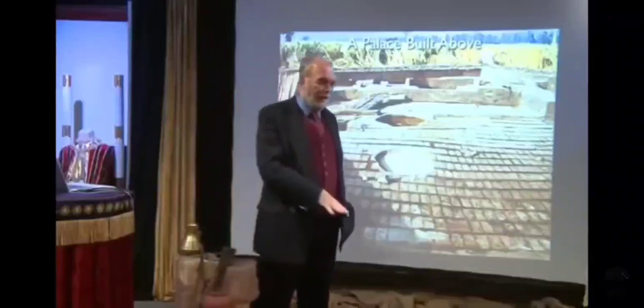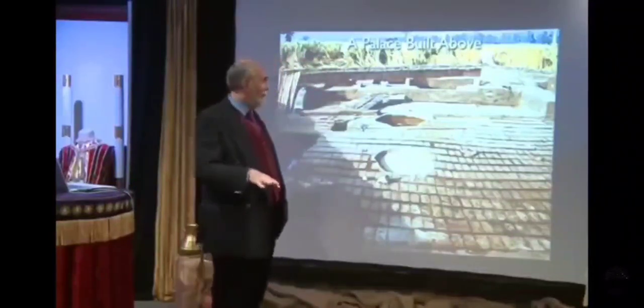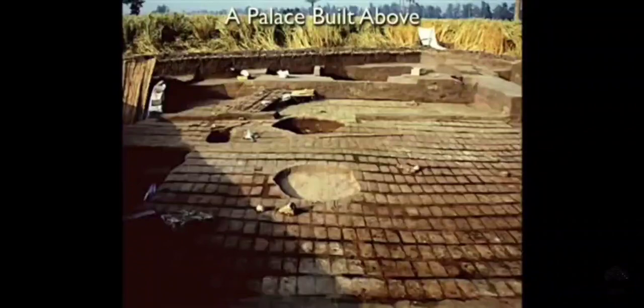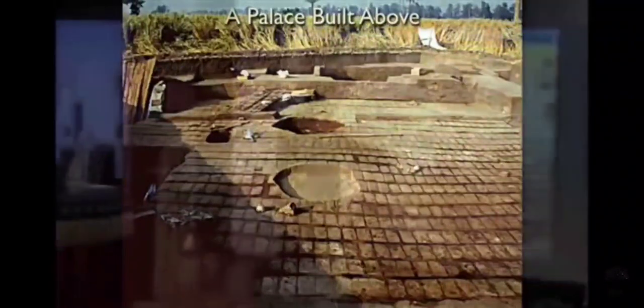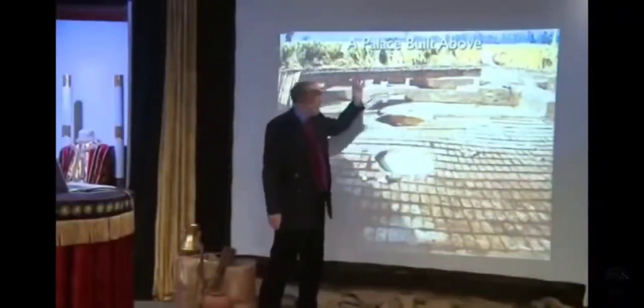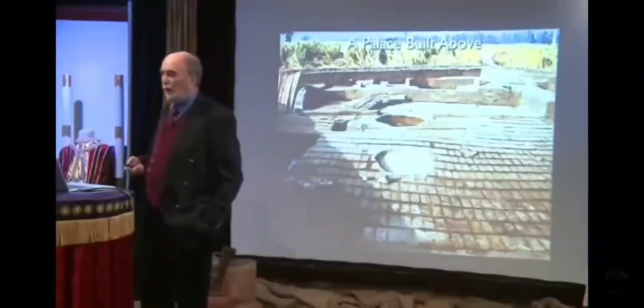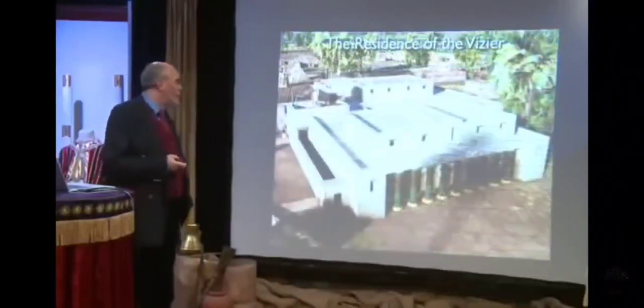The owner of the house had died, and it was decided to build a palace on top of it. And this is the floor of the palace that was excavated by the Austrians. What you see here is a mud brick floor which was painted white, and then you have the settings here for two stone bases for wooden columns to hold it up. It was basically a very, very nice audience chamber, and I'm going to show you the reconstruction from the movie